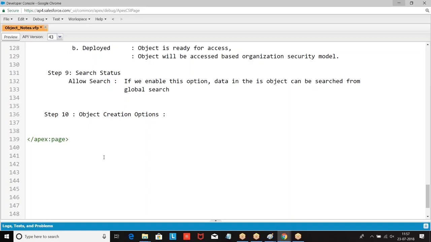That's why they are called these options. Only at the time of creating an object.